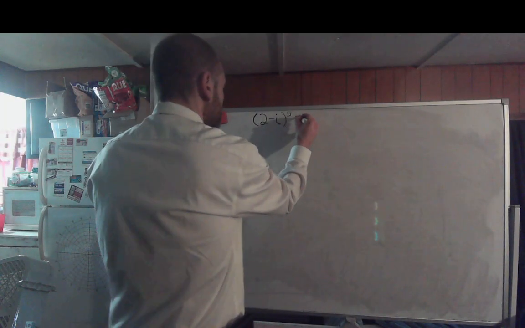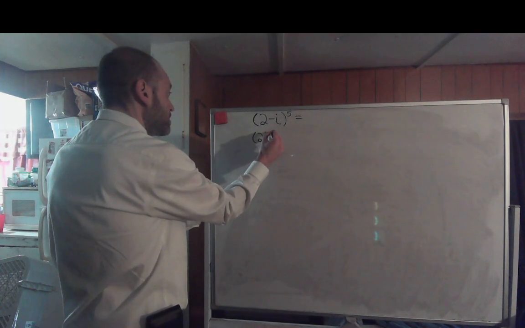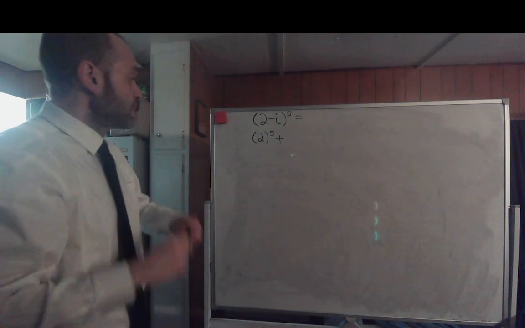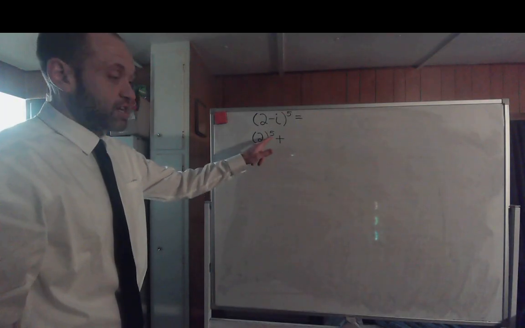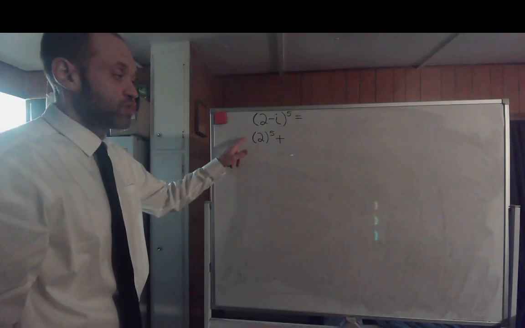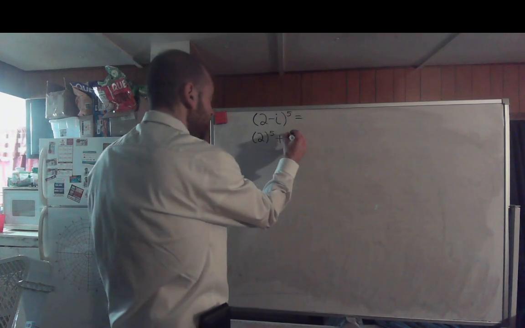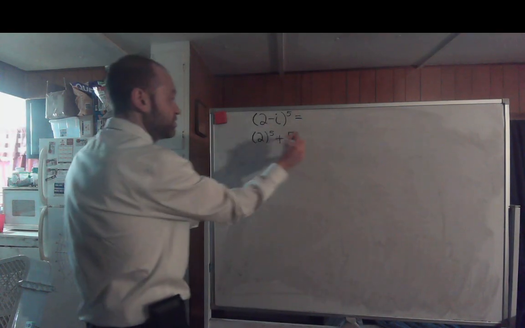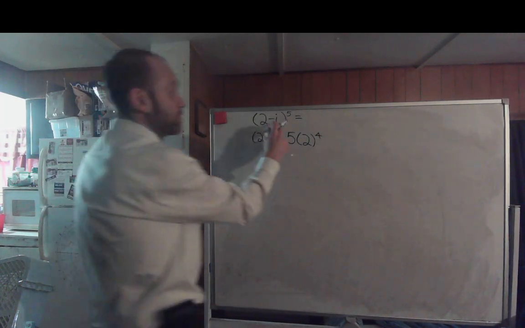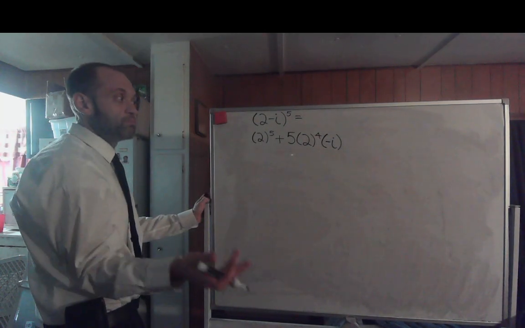Well, of course, take your first term of 2, raise that to the fifth power. Now, we want to get the next term. So bring down that coefficient of 5, bring down that power of 5, multiplied by our coefficient of 1. 5 times 1 is 5, divided by term 1, that's 5. So you'll have 5 times that 2 term, lowered 1 degree, to the fourth power, times your negative i, raised a power, so that would end up being to the first power,